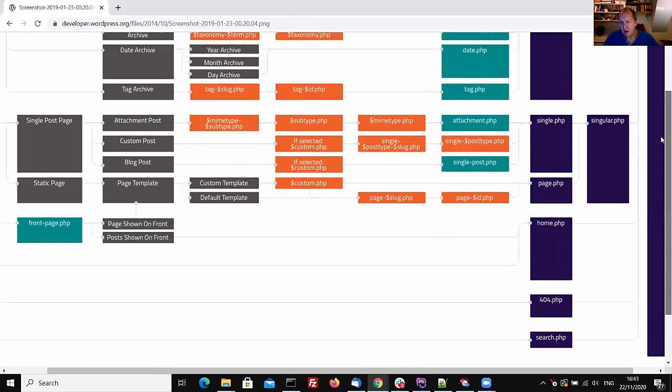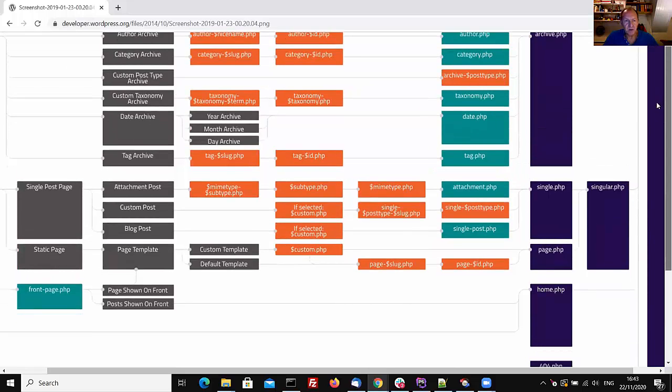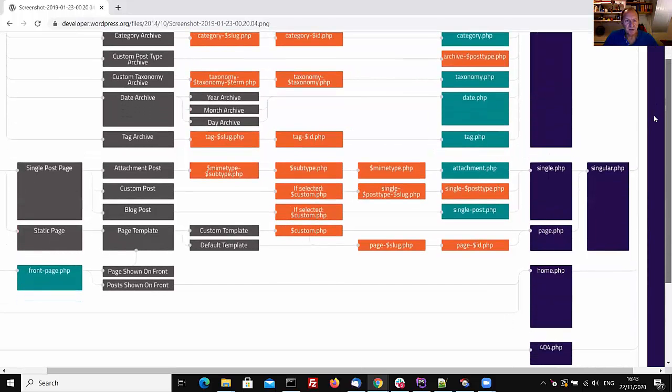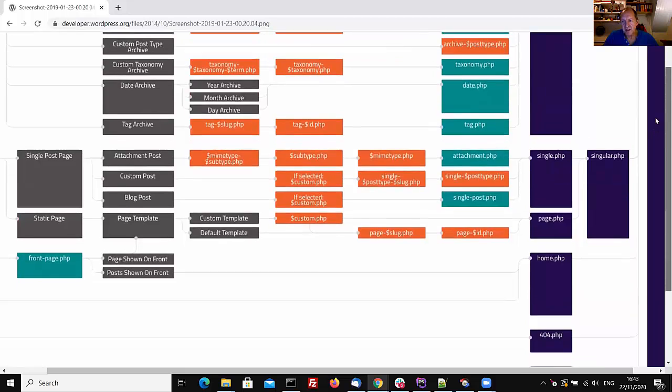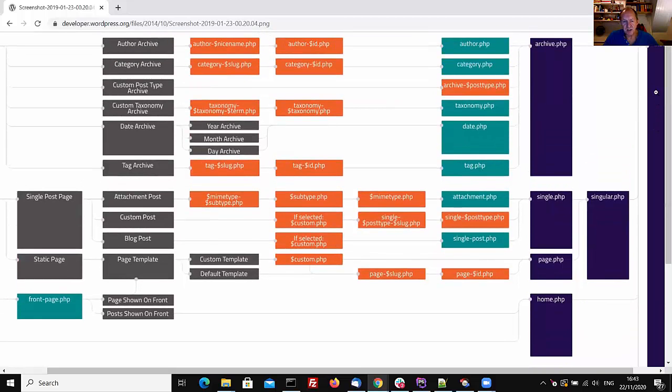WordPress as currently is, if you're a themer, then you probably have seen this quite a few times. This is how WordPress decides what template it's going to use when it's displaying content to you. If you happen to have created a front-page.php file, then it will be used if you happen to choose to display a particular page to show on the front, or if you've decided to show your posts on the front